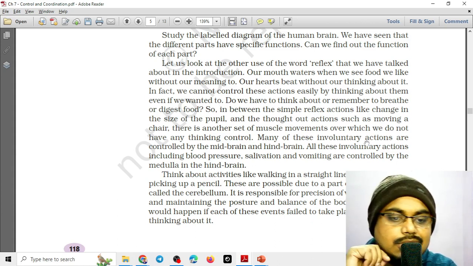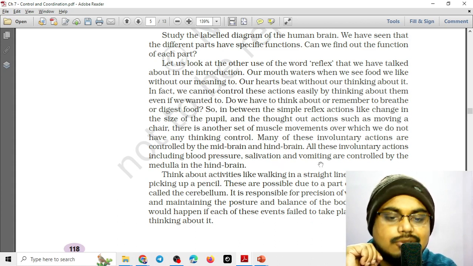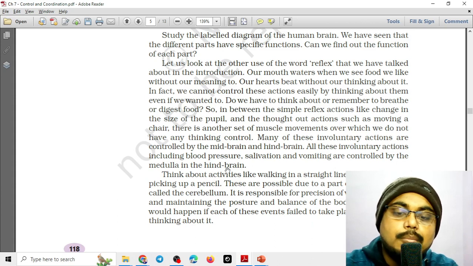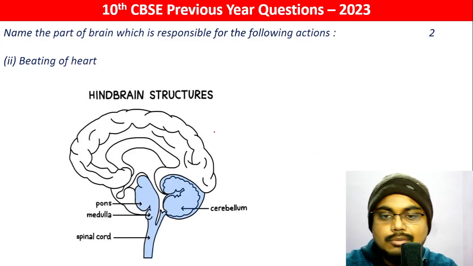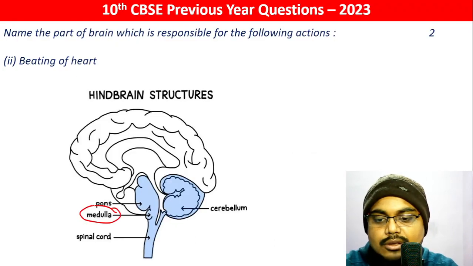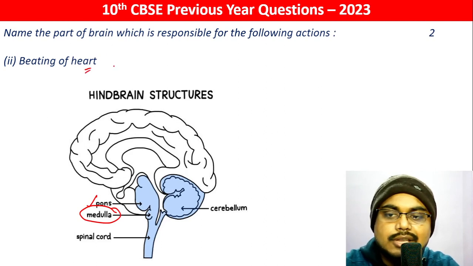Many of these involuntary actions are controlled by the midbrain and hindbrain, and all these involuntary actions, including blood pressure, salivation, and vomiting, are controlled by the medulla in the hindbrain. So the medulla will be the answer. And like I was telling, so heart